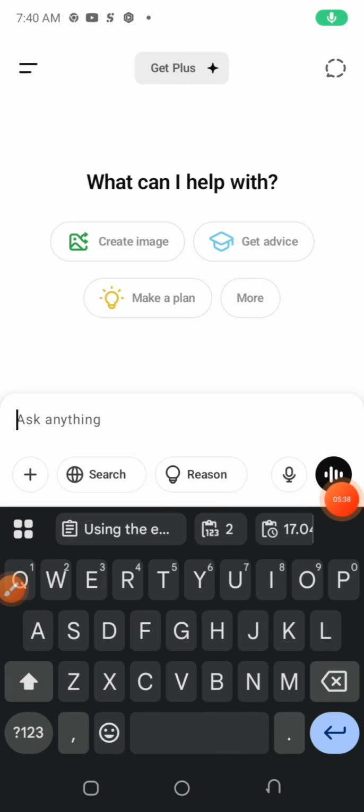Now that we've copied the prompt and the stats, we click on search and we click on reason. Let's start with ChatGPT first. We click on search and reason, then we paste the prompt and the stats.